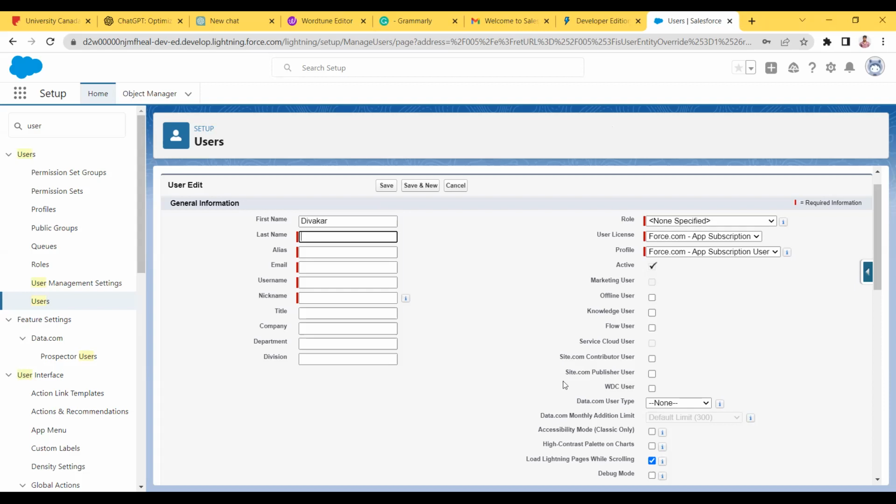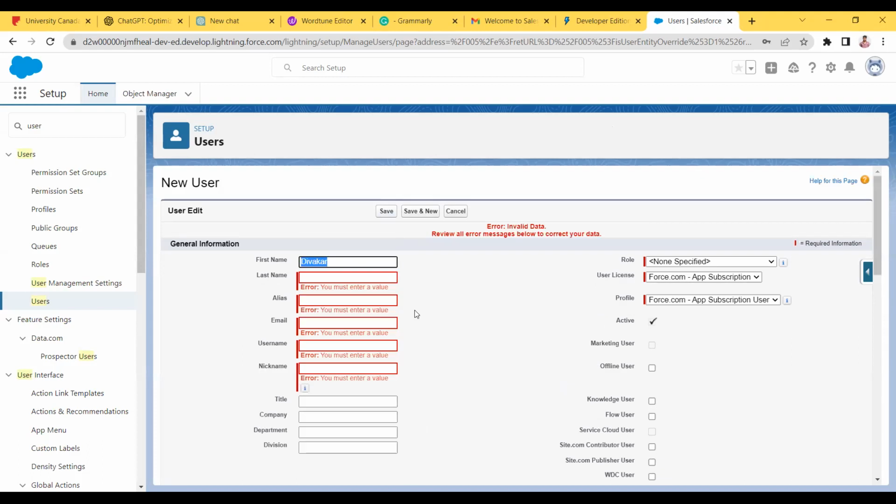Oh, sorry, the main thing which you have to make sure to learn for this form is, remember these red things, these are called mandatory fields. Whatever you see red, it's mandatory. You have to fill it. You cannot leave them empty. If you leave them empty and try to save it, you will get an error. Error means it won't let you save it.